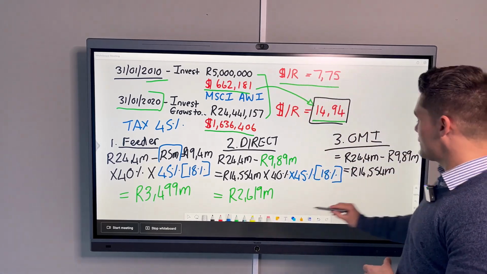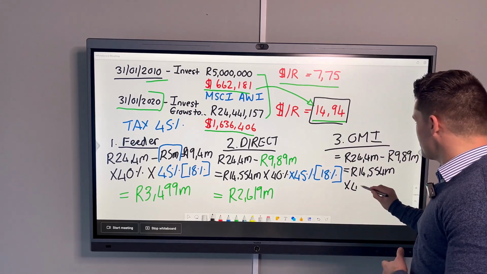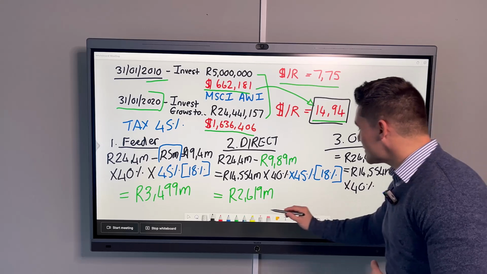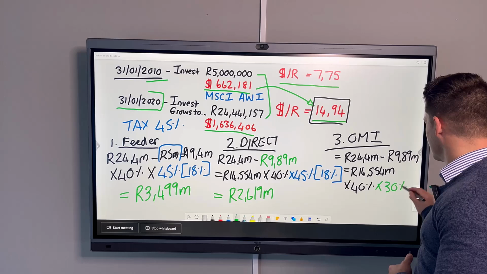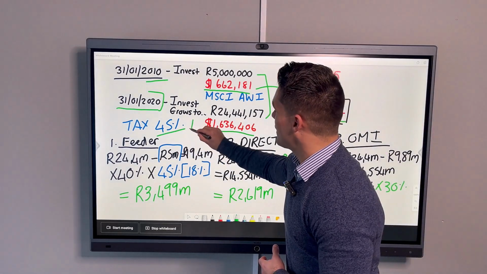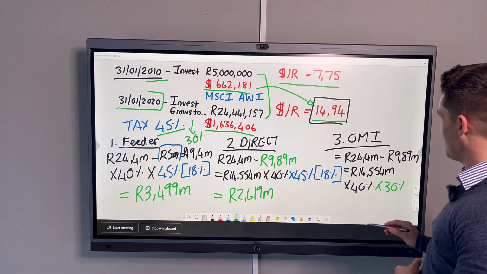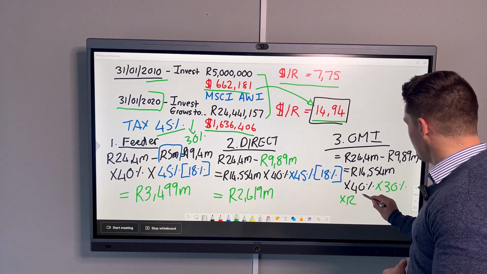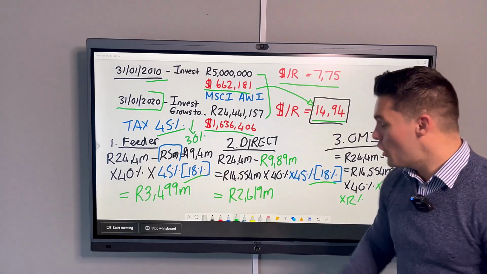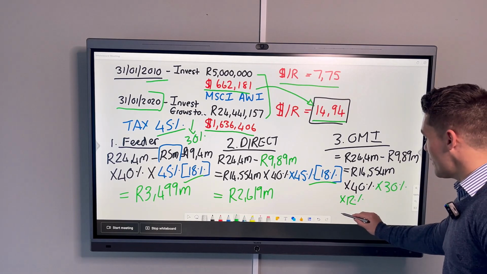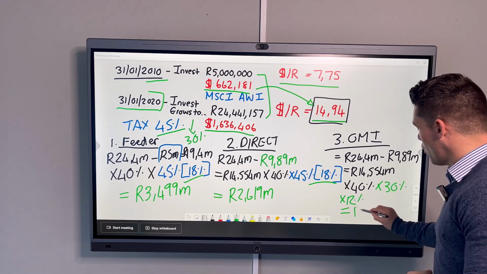But now very important, because they are in the OMI structure, here they now benefit. We don't just times it by 40% times 45, now we are timesing that particular amount by a 30% tax rate, not 45, we take that down to 30%, which means that their net effective tax rate here, we could have said, is now 12% as opposed to the 18% in scenarios 1 and 2, which means, most importantly, their total tax liability in this particular scenario is